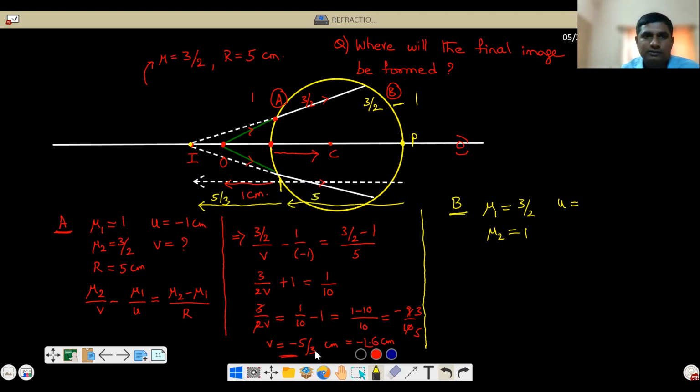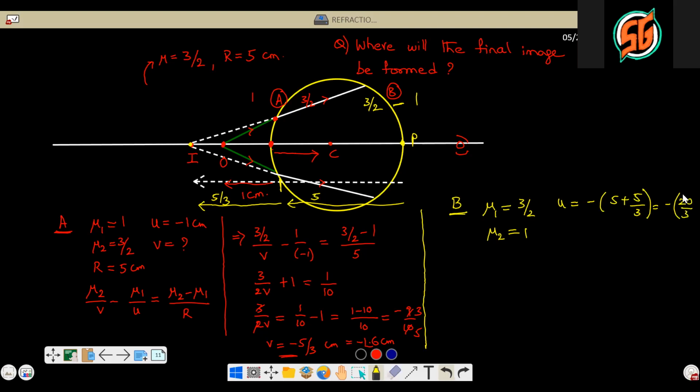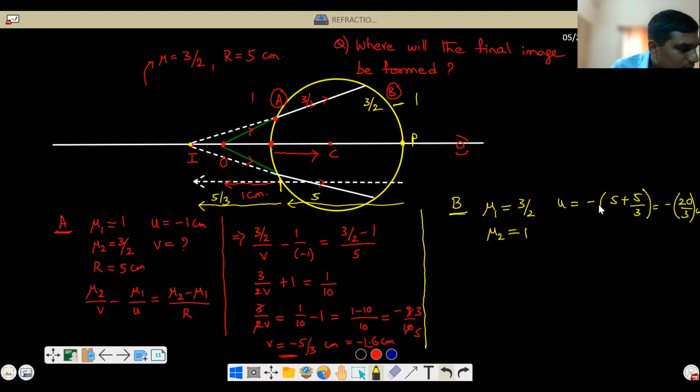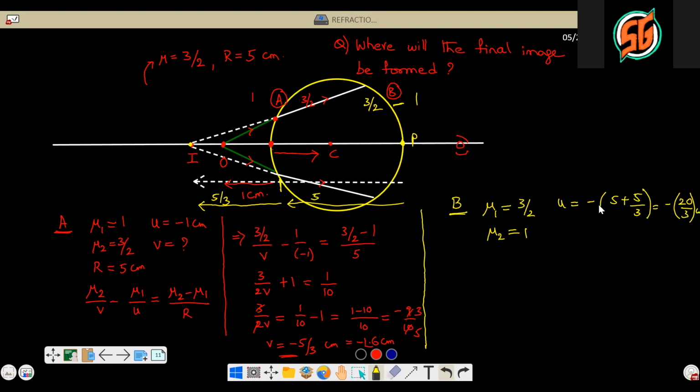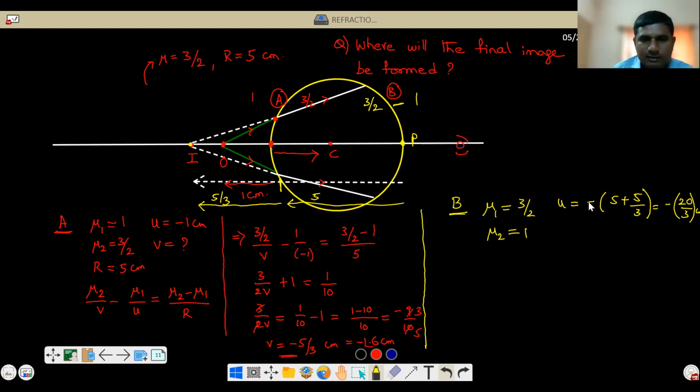Because 5/3 now we got. So therefore, 5 plus 5/3. And that too minus. Correct or not? So minus of 5 plus 5/3, which is equal to... Sir, is it minus 7/20? Minus 7/20. No. Sir, is it minus 8? Yes, sir. No. Sir, Vasudev is telling minus 3.